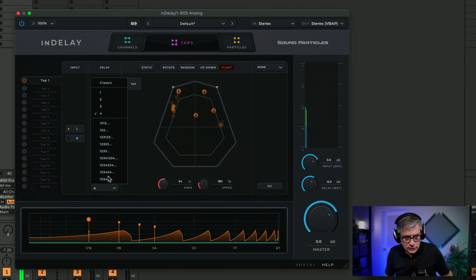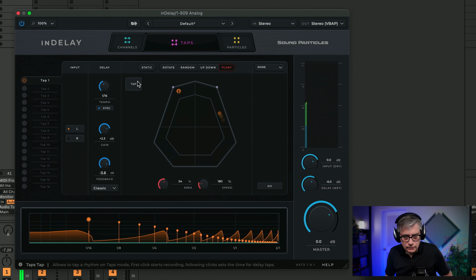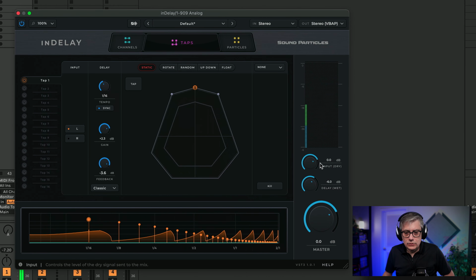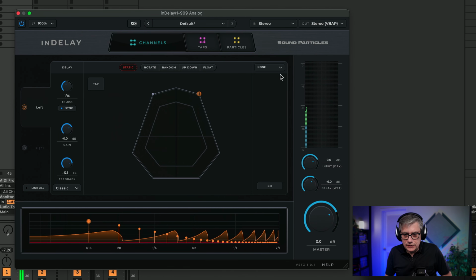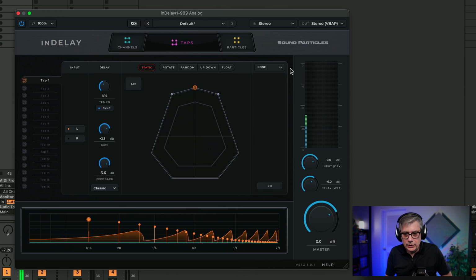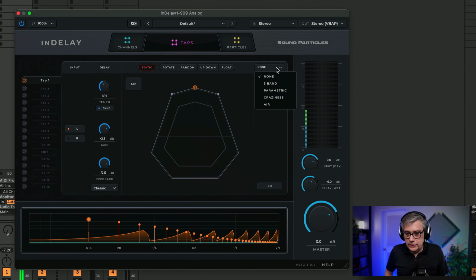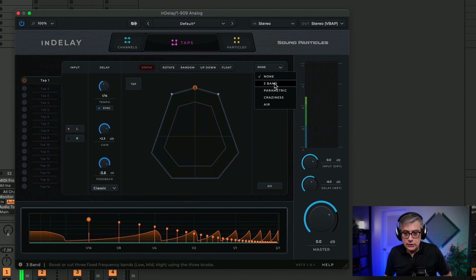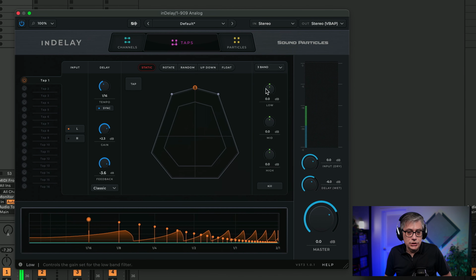So let's go back to the classic mode and maybe to static, and let's move that back to the front position. Now, one thing that I didn't talk about in the channel section is this additional section here, that is the filter section. So let's have a look here in the tab section at the filters. What we can do is add additional filters, and they're currently providing 4 filters. There is a 3-band EQ filter where we essentially can change the low, the mid, or the high frequencies. So if you want to have more high frequencies,